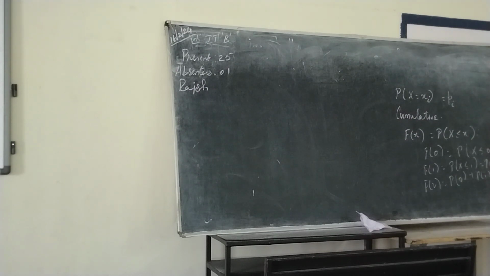Next definition. The probability distribution function, or cumulative distribution function. The cumulative distribution function is defined as capital